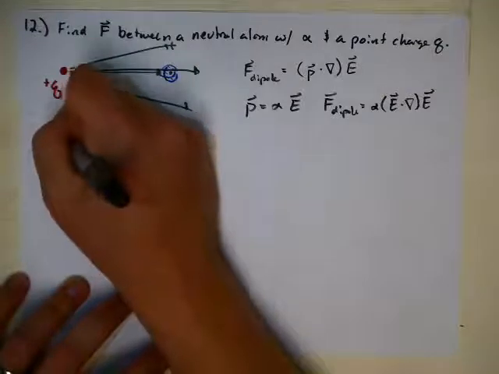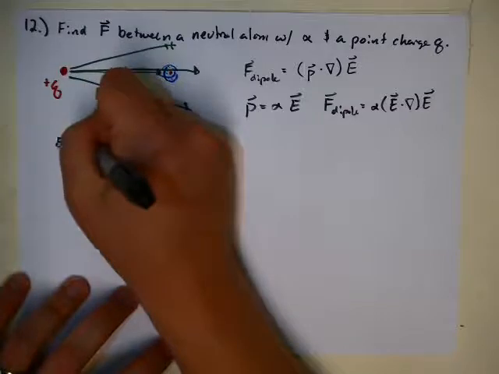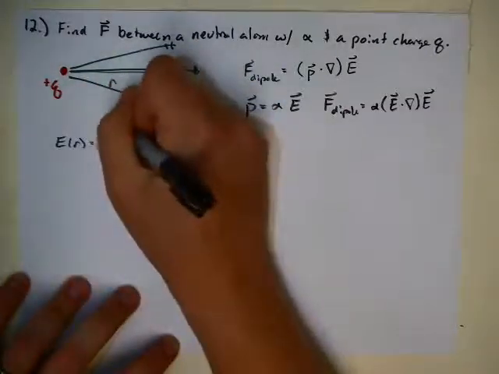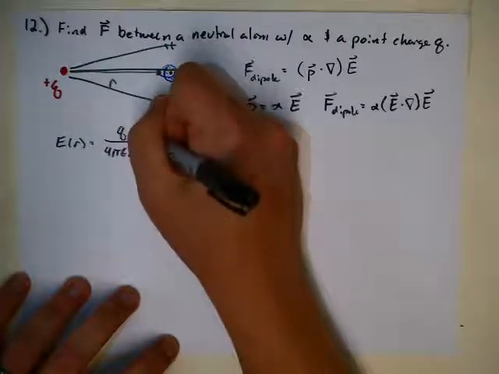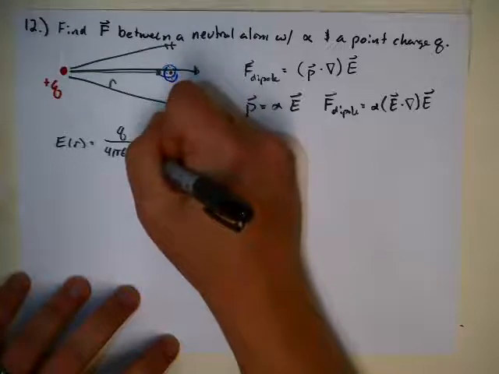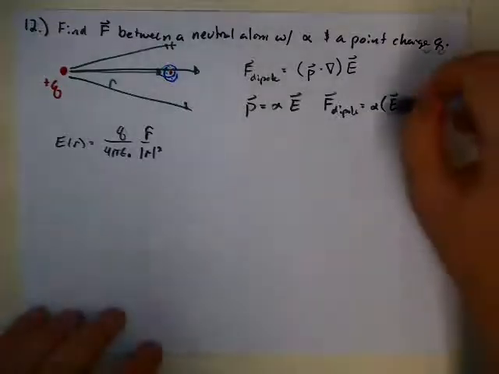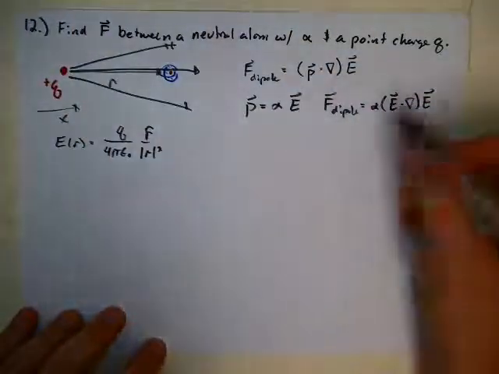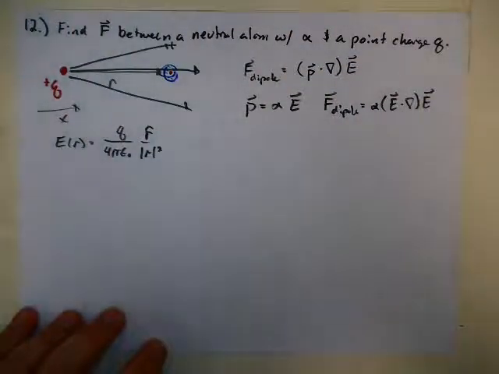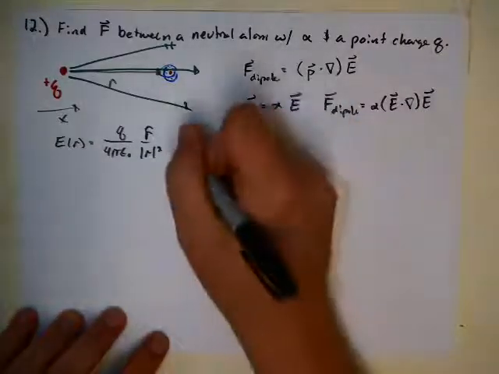So now we simply need what the electric field is, but this is simply the electric field of a point charge, which is going to be Q over 4 pi epsilon naught times r hat over r squared. And here, if we're thinking of, let's call this the x direction, of course this is going to be in the x direction then, and so the E_x, that will be partial derivative with respect to x, and so this expression here,